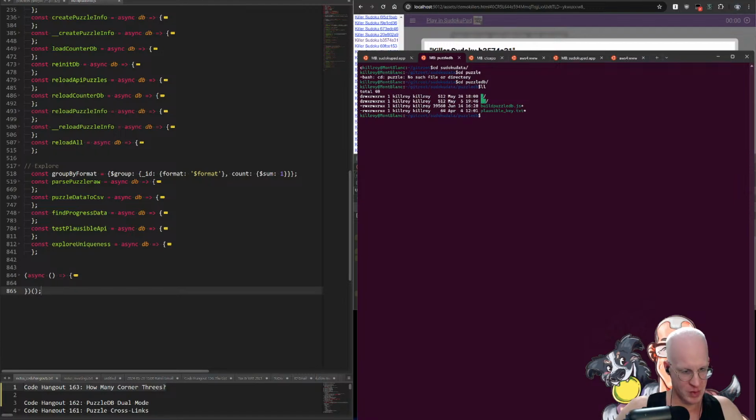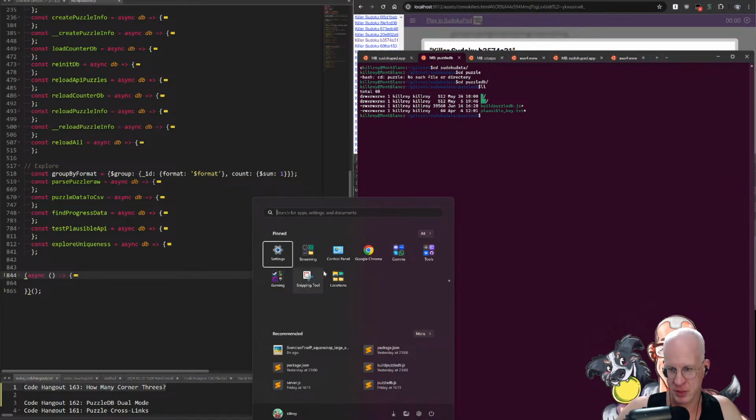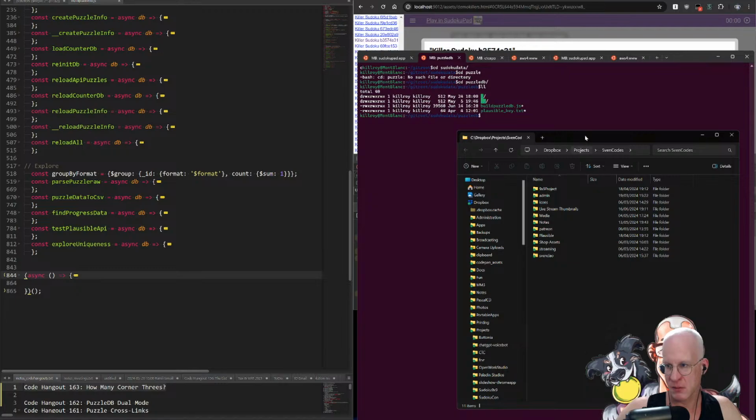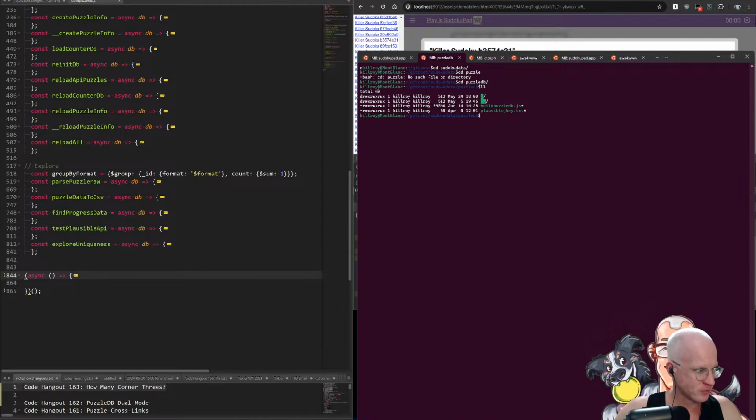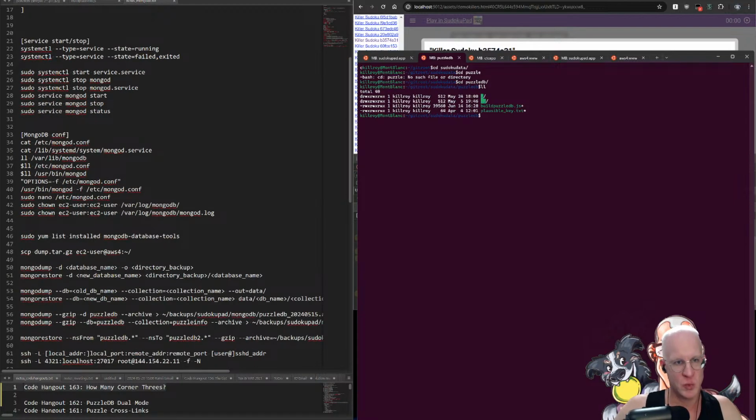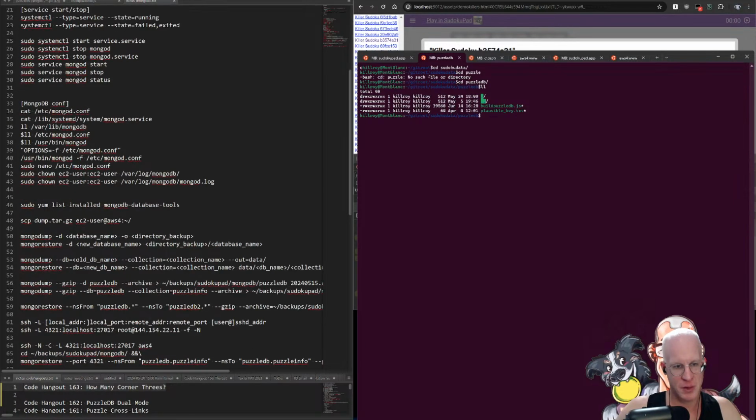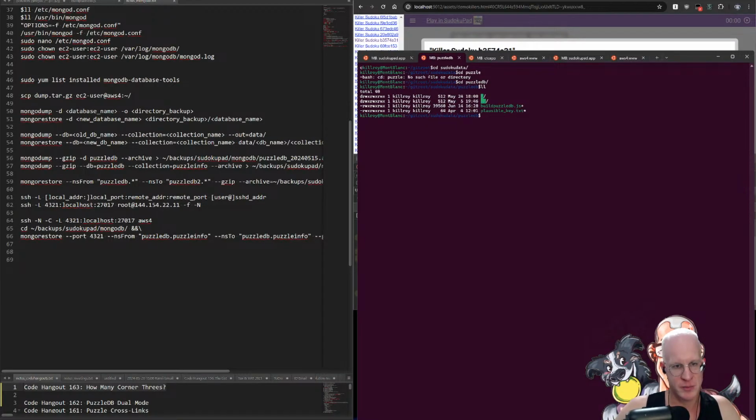Do I have a notes file for Mongo stuff, for database stuff? Notes. Notes. Notes. No. Let me just have a quick look at this. Notes here. I have notes MongoDB. Starting the service, installing things. Is there the thing for dumping and restoring? Yeah. Now I think I might have added those to my